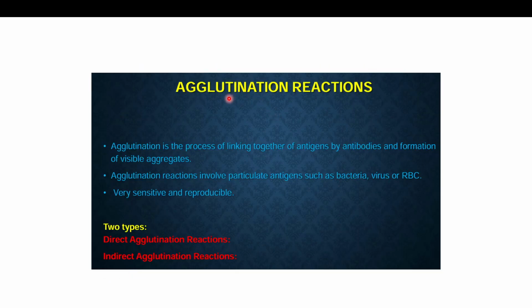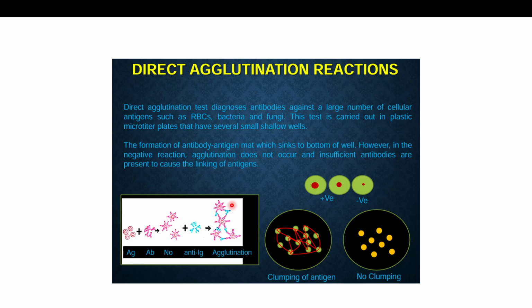Now, when we talk about agglutination reactions, agglutination is the process of linking together antigens and antibodies and forming visible aggregates. Agglutination reactions involve particular antigens like bacteria, virus, or RBCs, and these are very sensitive and reproducible. But these reactions can also be divided further into direct and indirect agglutination reactions. If we talk about direct agglutination reactions,